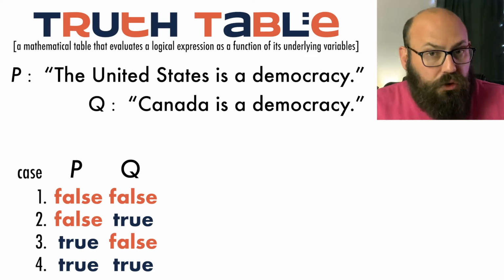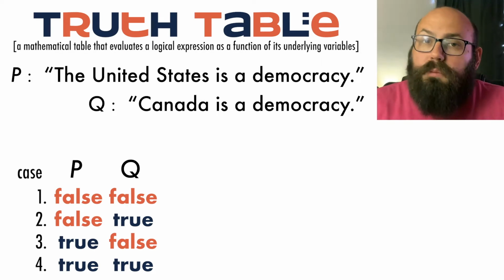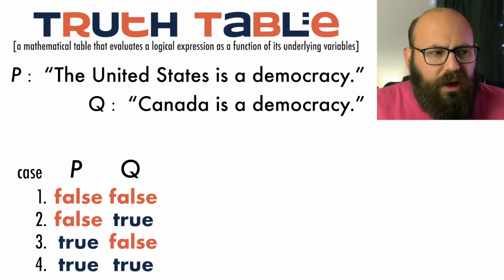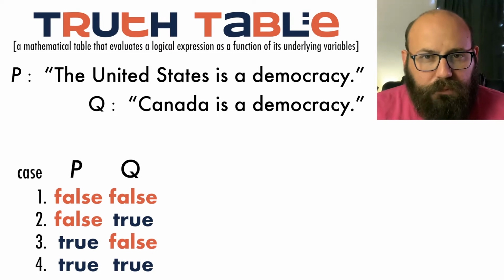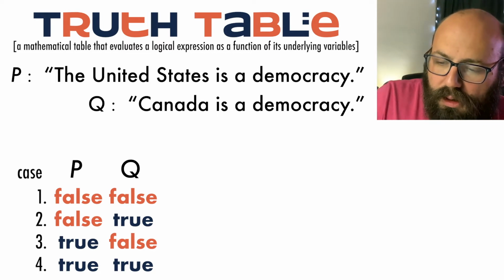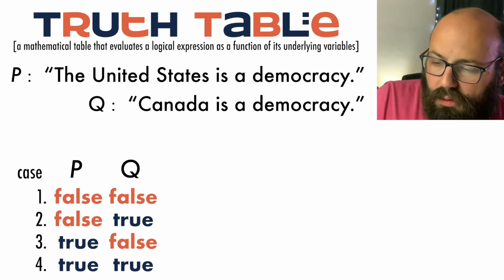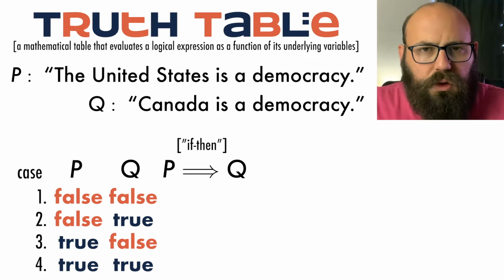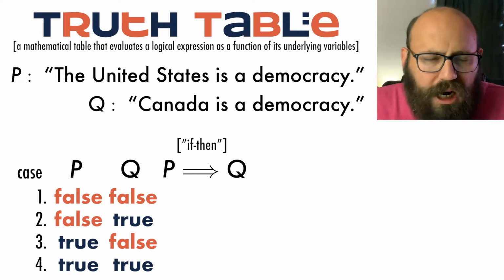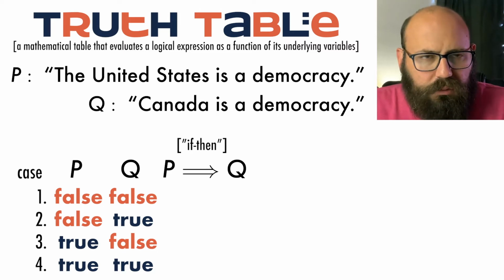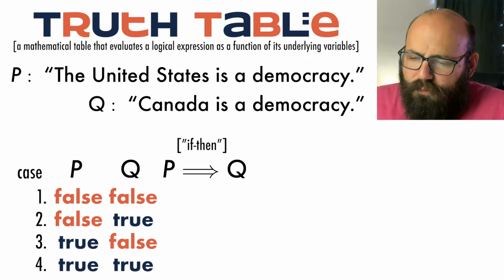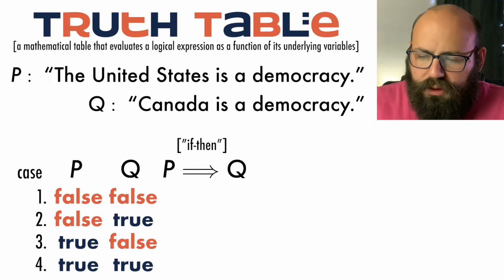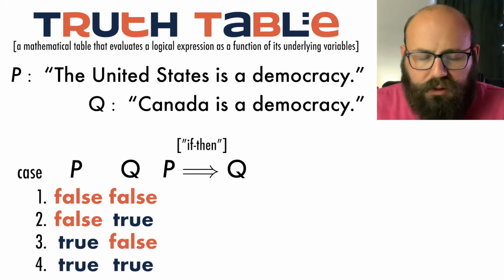So this is just another new statement. It's another operator that combines two statements, and just like and or, it has a particular pattern in the truth table. It's just that this one seems like it has higher stakes, okay? So I'm going to write P double arrow Q, and you can read that as if P, then Q. I'm going to try to avoid the use of the word implication there, because that's kind of loaded philosophically. But I might say P implies Q there as well, okay? I'm going to start with cases 3 and 4, and then I'm going to double back to cases 1 and 2.